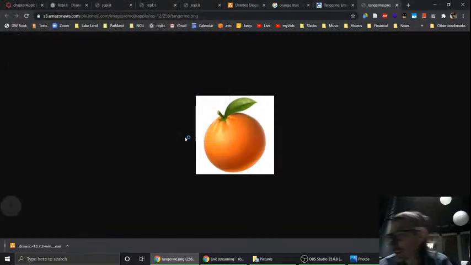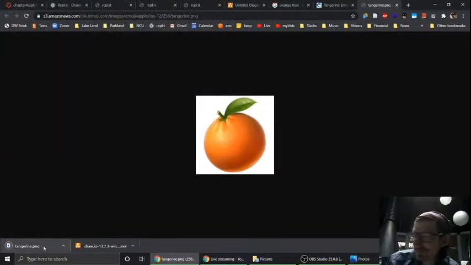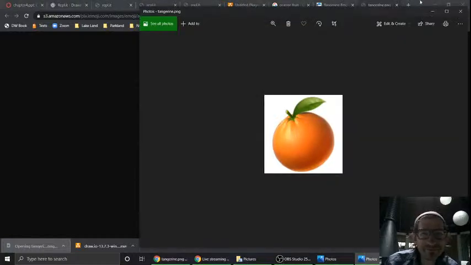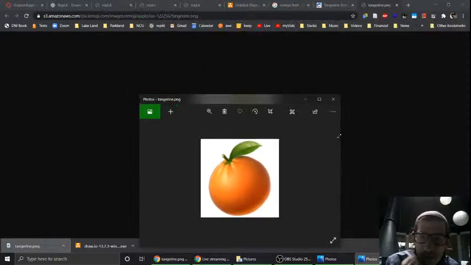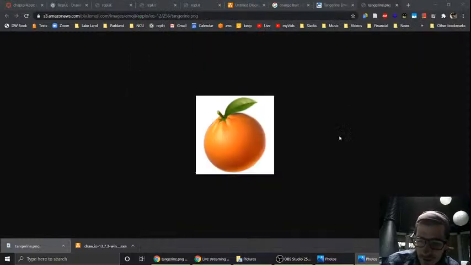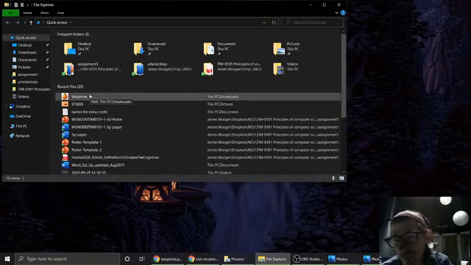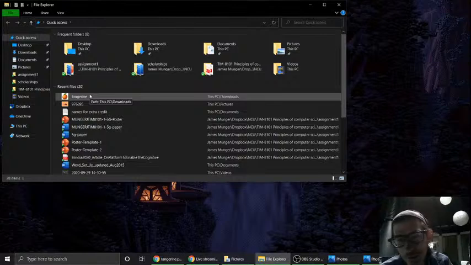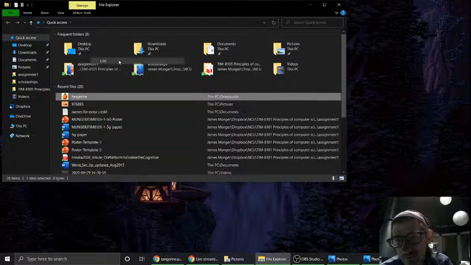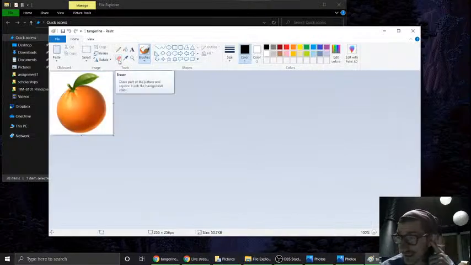Oh, it is a tangerine. My bad. I'm embarrassed as a consumer of fruit. Okay. So this picture is not very big in terms of the resolution, and in terms of the file size,